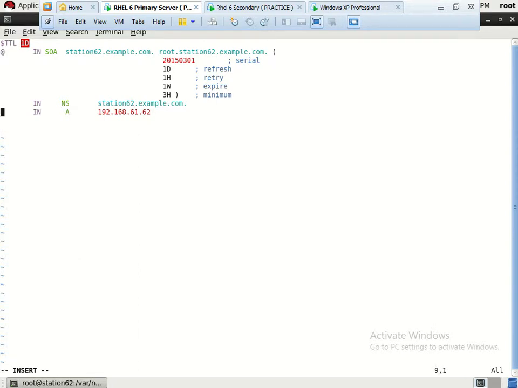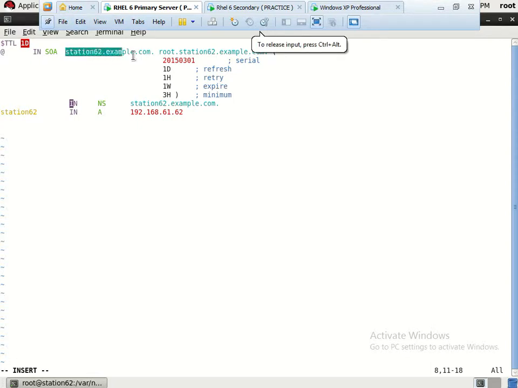Yeah, fine. Station62. This is the name or FQDN of our primary server. This is the email address of our primary server, meaning the root admin's email ID.